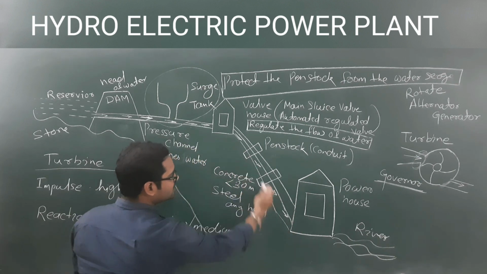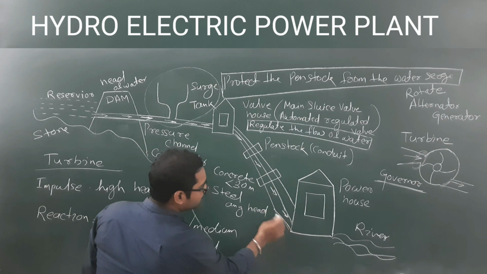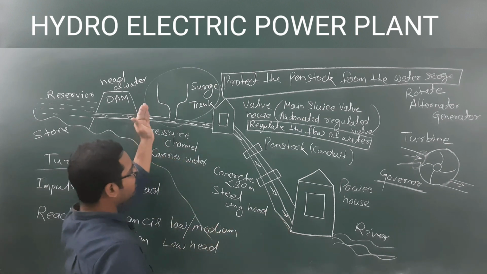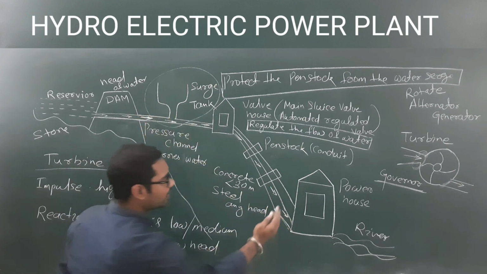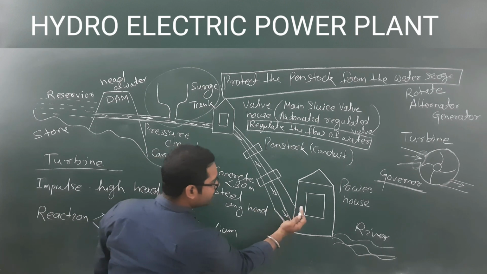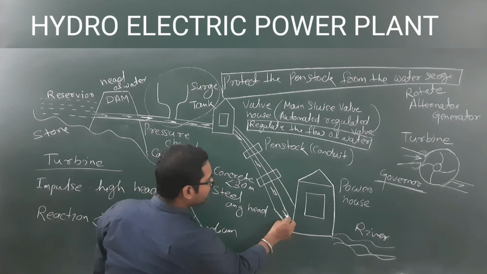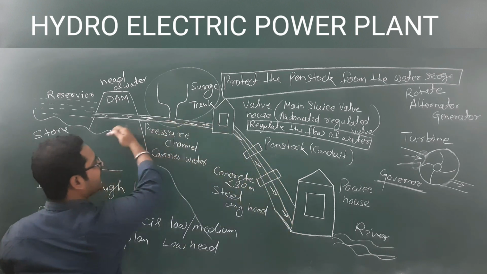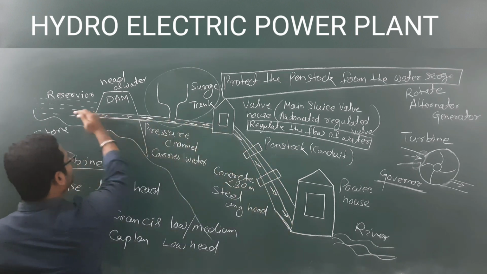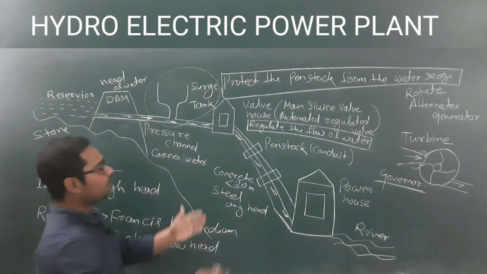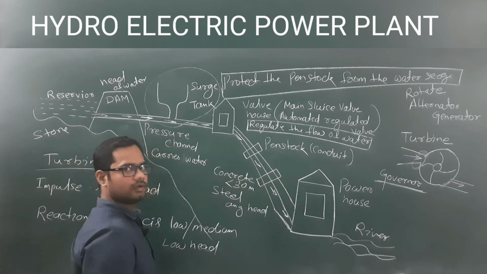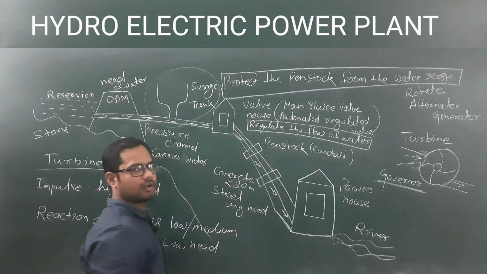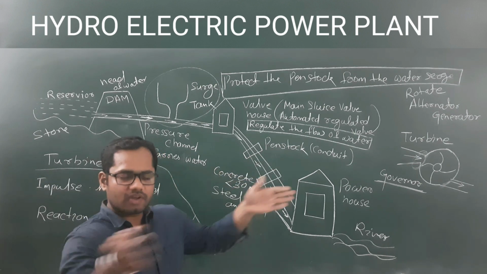And that water will... the property of water is to flow from a higher level to a lower level. But at the low head, whenever you are closing the gate, suddenly the water will try to move out. It will try to get back to the reservoir. At that time, one pressure will occur upon that penstock. It will try to burst out the penstock.